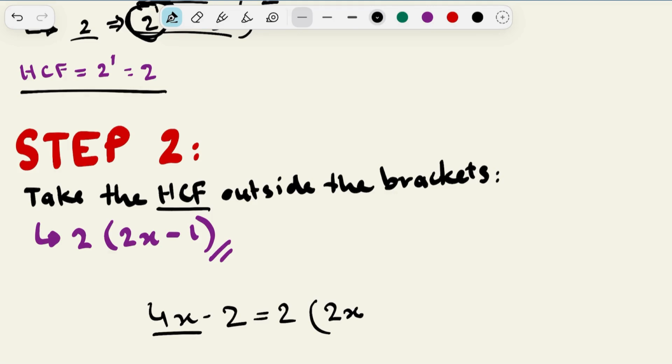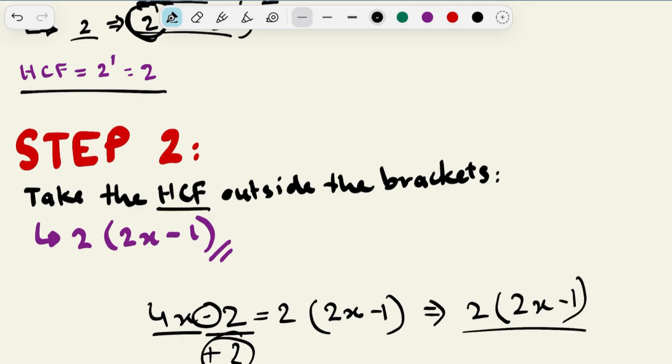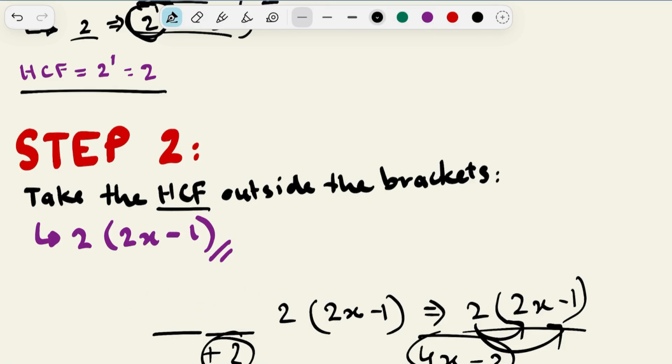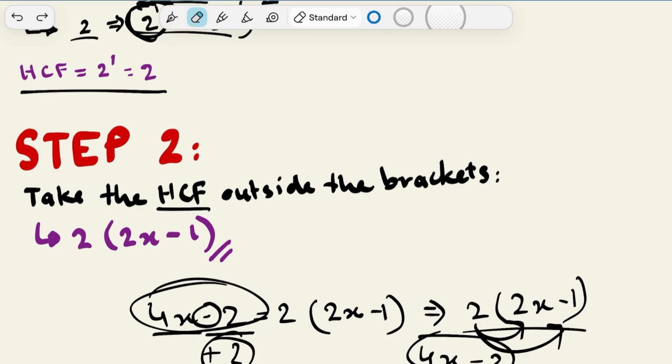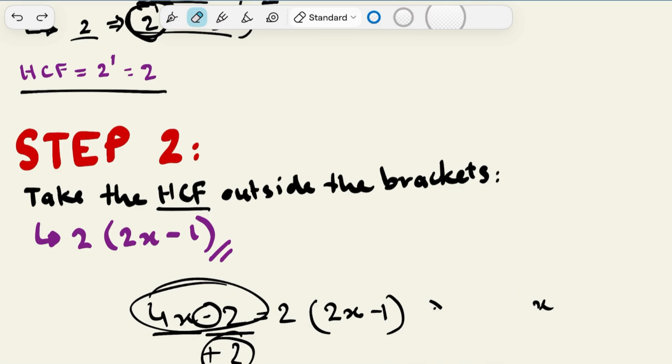And then for the second term, which is minus 2, remember the negative sign. If it's a positive, then it would be positive 2, otherwise it's negative 2. So to make negative 2, we need to multiply 2 by minus 1. So basically, this is equal to 2(2x minus 1), because if we expand this, we're going to get 2 times 2x, which is equal to 4x, and then we're going to get 2 times minus 1, which is equal to minus 2, and there you have it, the original expression, right? So that's basically how we can factorize a